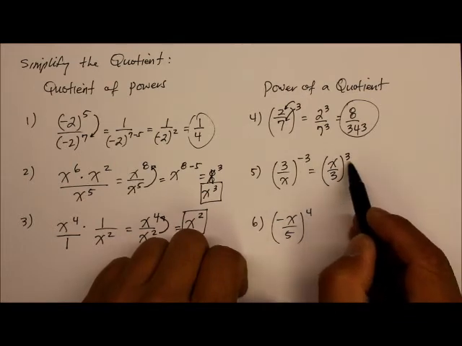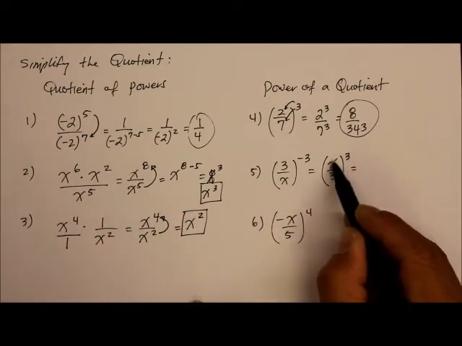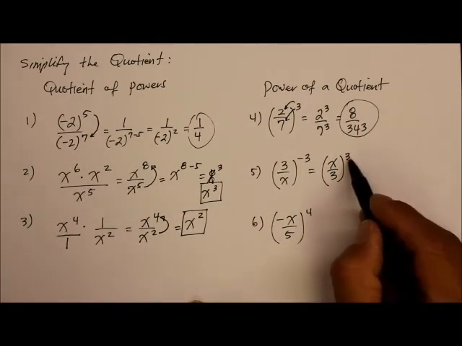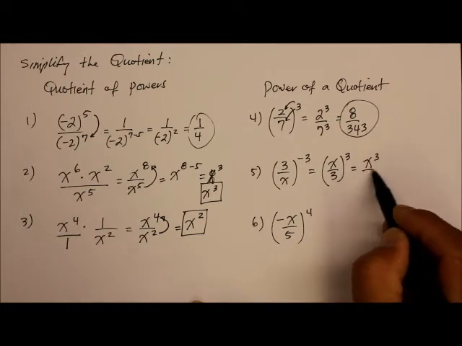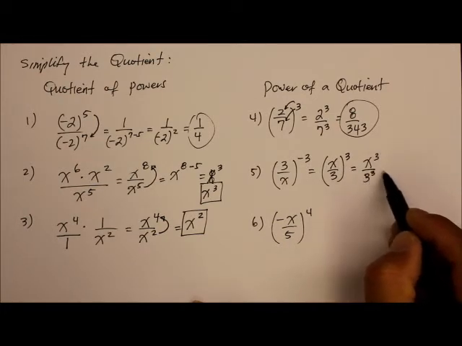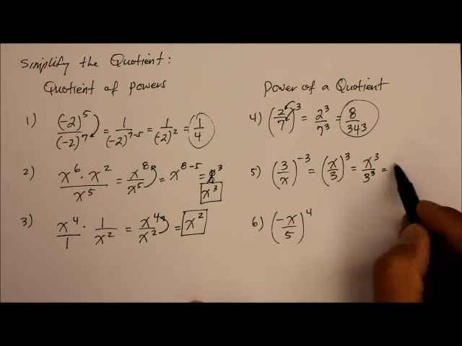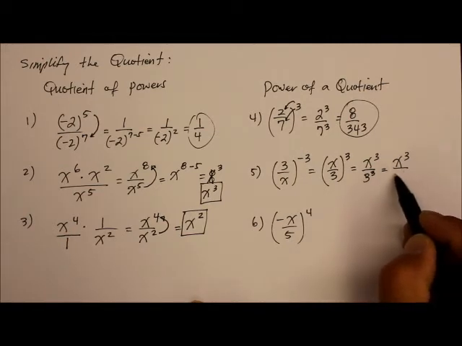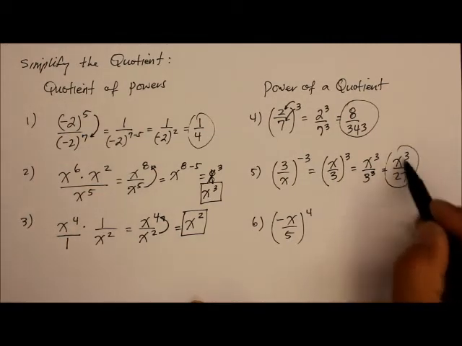Whereas the negative 3 now becomes a positive 3. Now apply the 3 to each of the terms. We get x to the third and 3 to the third. And you should try to simplify that one so it becomes x to the third over 27. And finally,